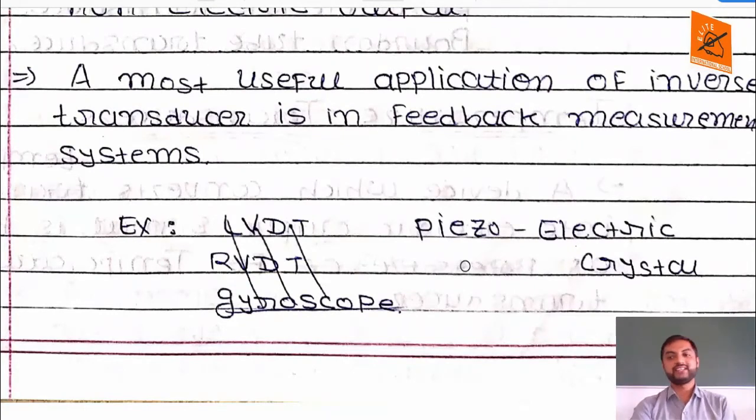What is feedback? In last semester you have seen that in amplifier circuit you were using feedback circuit. There are two types of feedback, positive feedback and negative feedback. This is that type of feedback only. Whatever feedback we are getting here is given to the reference, and because of that plus or minus it will be given to the input of the circuit.